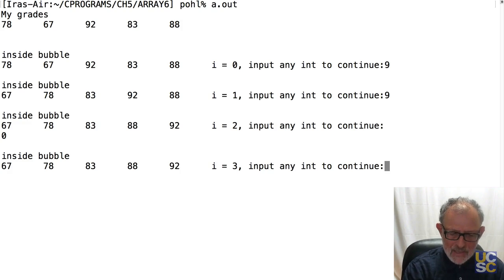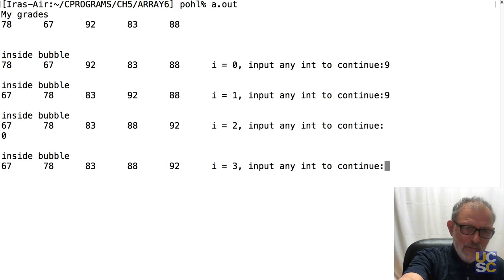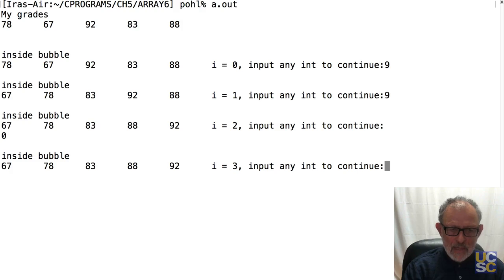It has to complete the n-1 inner loops to make sure, because if the smallest element, if 67 had been over there, it would have bubbled down to the first element. You would have seen it occur